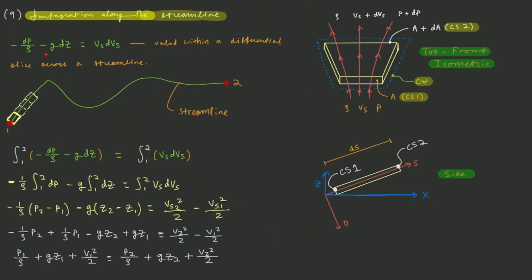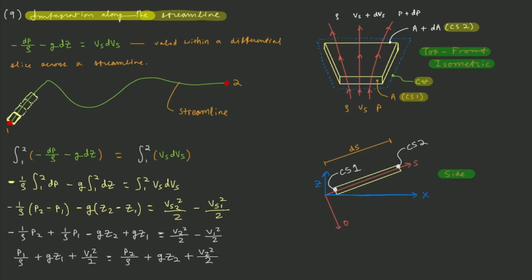So now that we have this differential equation here, what we want to do is integrate along the streamline. So if you have this position 1 and you have this position 2, and you have a fluid parcel that kind of travels from 1 to 2 along any arbitrary path, that arbitrary path can be discretized into a large number of these prismatic chips that we have described previously. And we know that along each of these prismatic chips, this equation applies. And this equation has to apply along each prismatic chip because this equation is Newton's second law, and Newton's second law has to apply at every